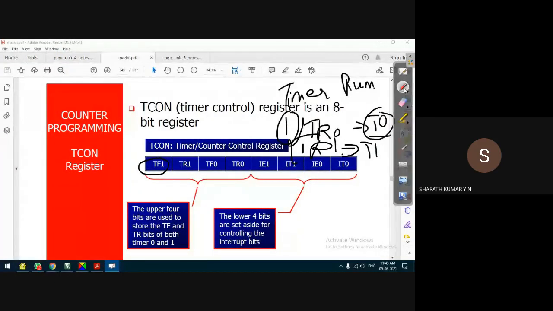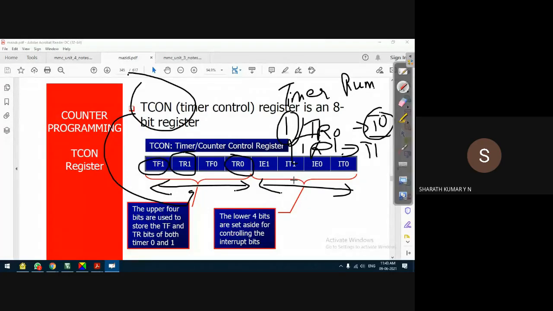Those 2 bits you can see here, guys, are TR0 and TR1. They are in the upper 4 bits of the TCON register, because only the upper 4 bits correspond to timer operation. The lower 4 bits correspond to interrupt operation that we'll discuss later. Don't worry about the lower 4 bits now. We'll concentrate only on the upper 4 bits. When timer 0 overflows, the TF0 flag is set to 1. When timer 1 overflows, the TF1 flag is set to 1. So in the program, we have to continuously check the TF0 and TF1 bits to know whether the timer has overflown.